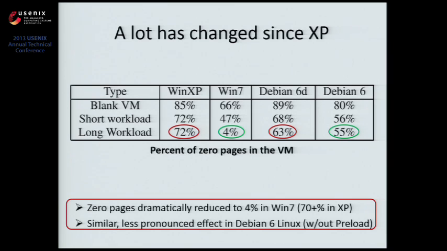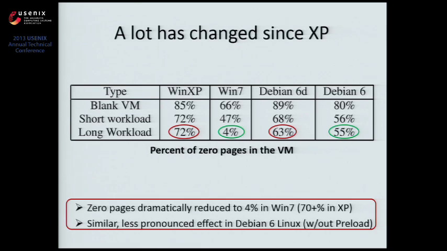A lot has changed since Windows XP. So here on this table, I have 4 different versions of the OS. Let's first focus on Windows XP and Windows 7. On the rows, we start with a blank VM, short workload, and long workload. What you see is the number of 0 pages in a VM. 5 years ago, if you did a lot of work, the number of 0 pages could still be a large